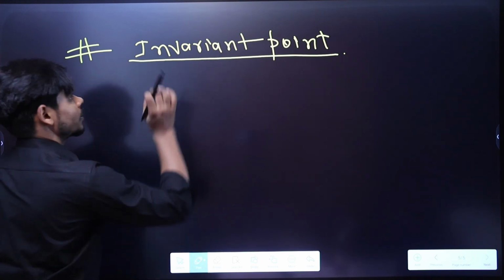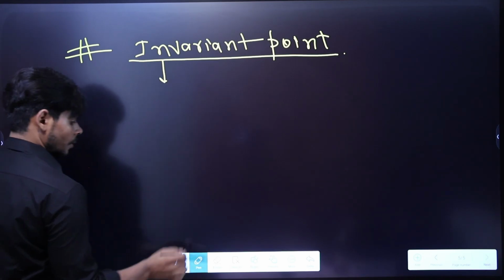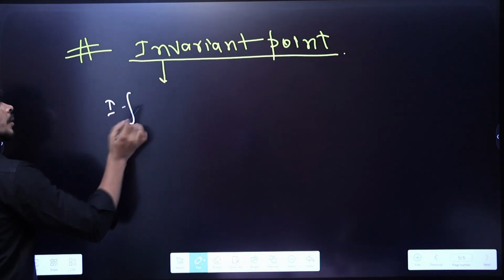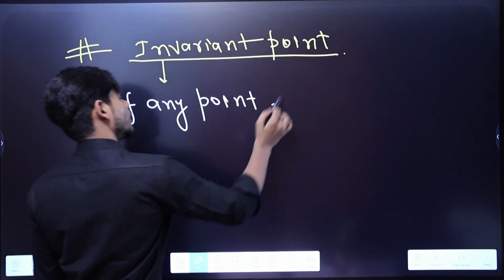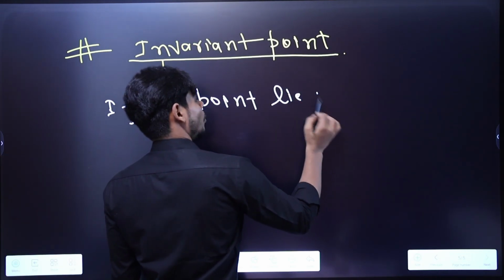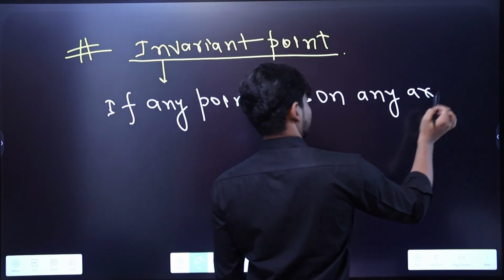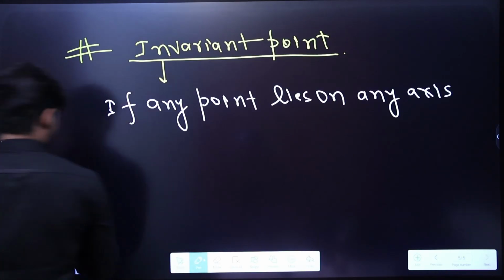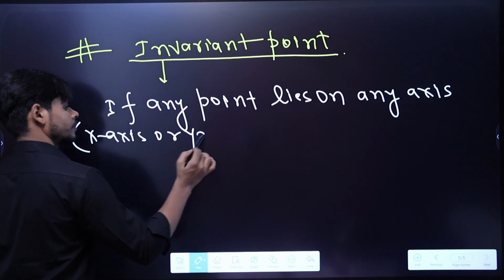So let's try to understand what an invariant point is. If any point lies on any axis, any axis means it may be x-axis or y-axis,